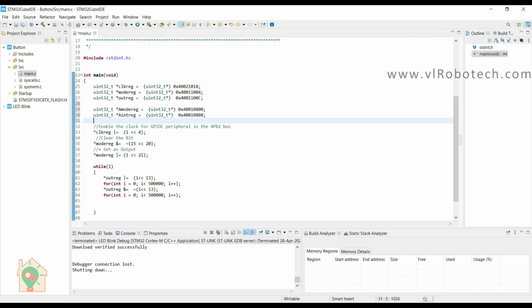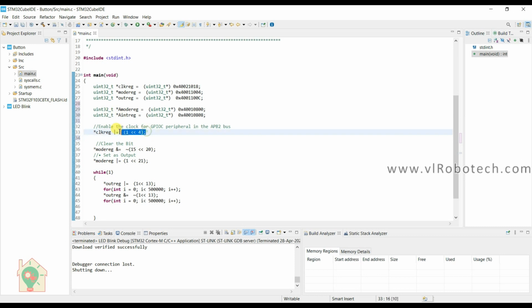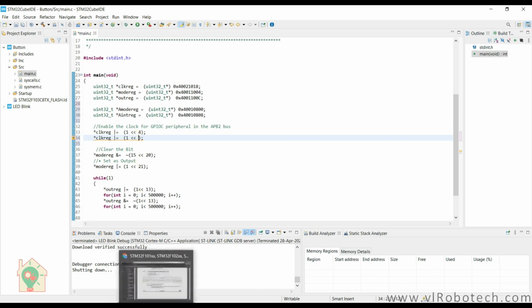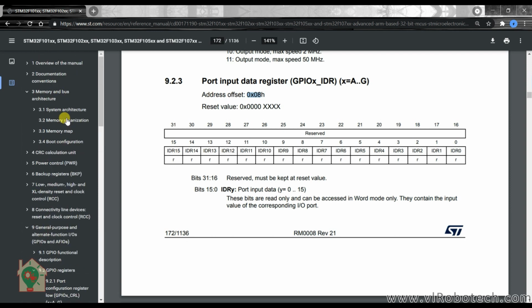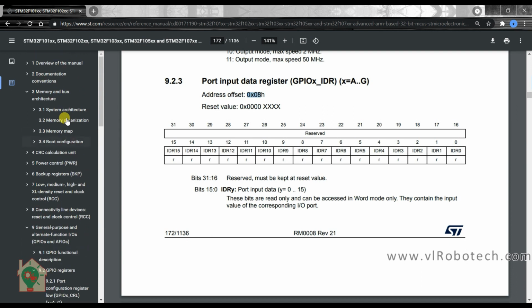Now we will enable the clock for GPIO A. So copy this and change here. So go to the APB2ENR register. So where is it?